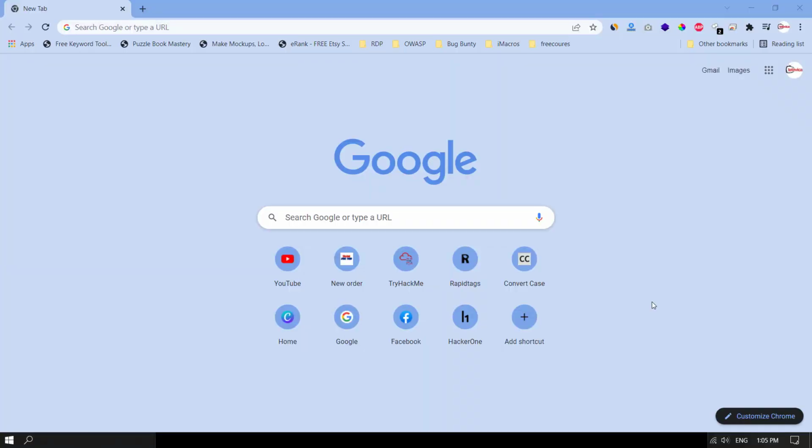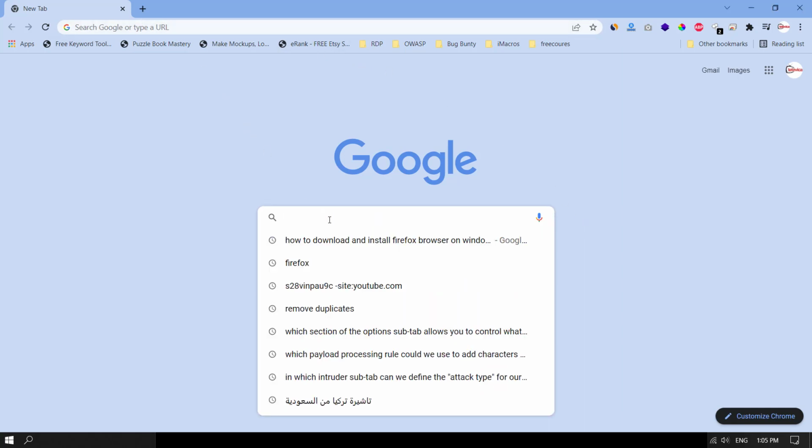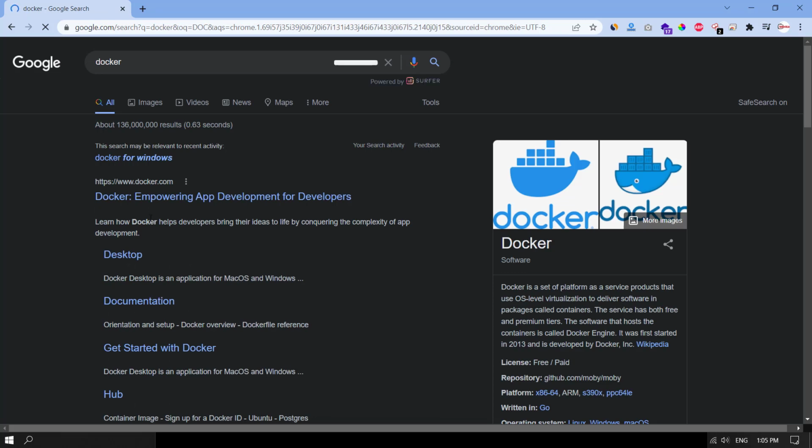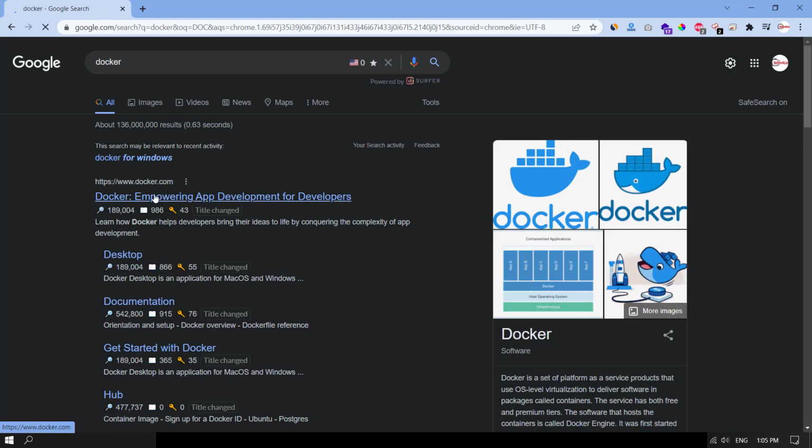Today I'll walk you through how to download and install Docker on your PC or Windows machine. This is very easy. You go to any browser. I prefer that you use Google Chrome. Click and type Docker and go to the official website. Click on it